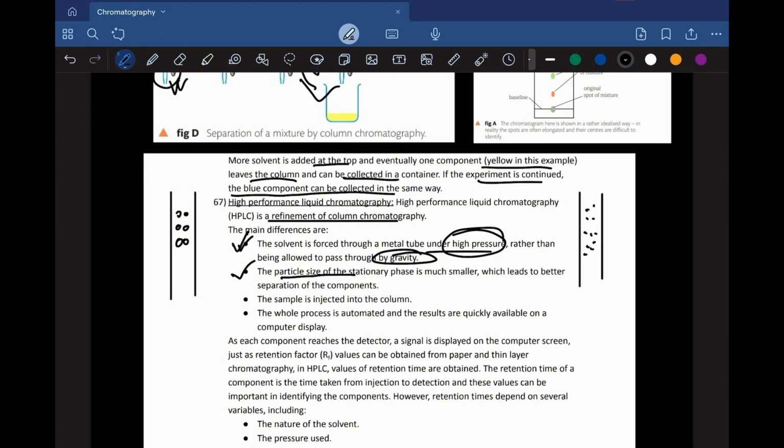Let me make you understand using an analogy. In high performance liquid chromatography, the column is packed with very small particles, right? I have shown that to you guys, which gives better separation of a mixture of components. Why? Because smaller particles provide more surface area for interaction, and they also create narrower pathways for